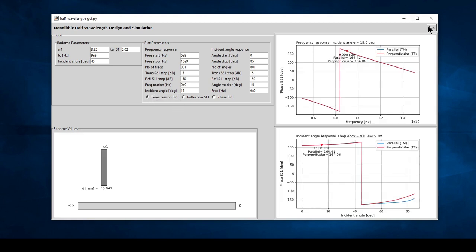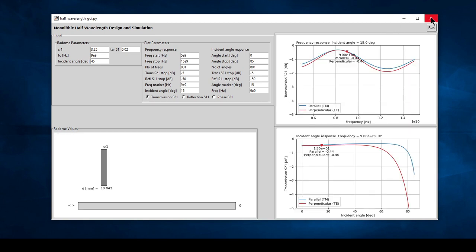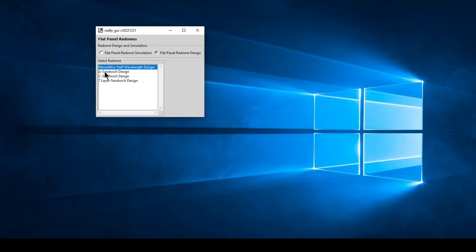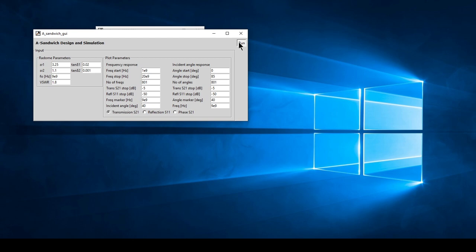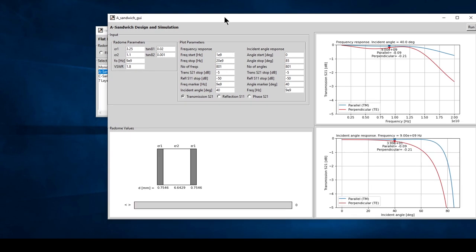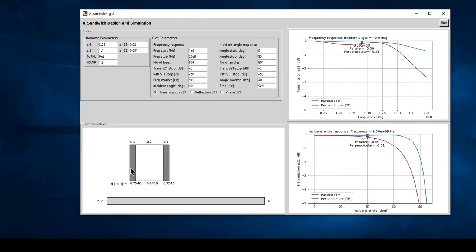Okay, so that was then for a half wavelength monolithic half wavelength design and simulation. We can go to an A sandwich. A sandwich is where we have 3 layers, and where the 2 outer layers have the same dielectric constant, and the inner layer will have a lower dielectric constant. So usually this layer is a higher dielectric constant, and its skin thickness will be thinner than the middle layer, which is then a low